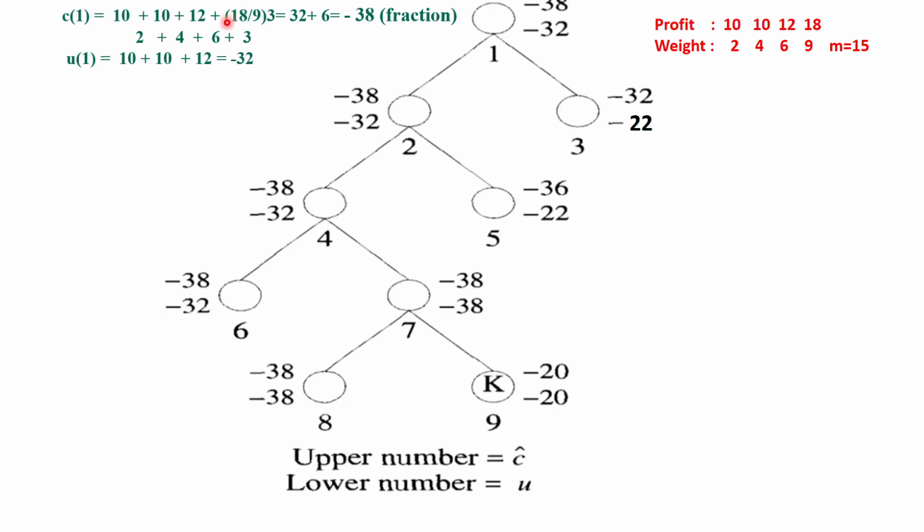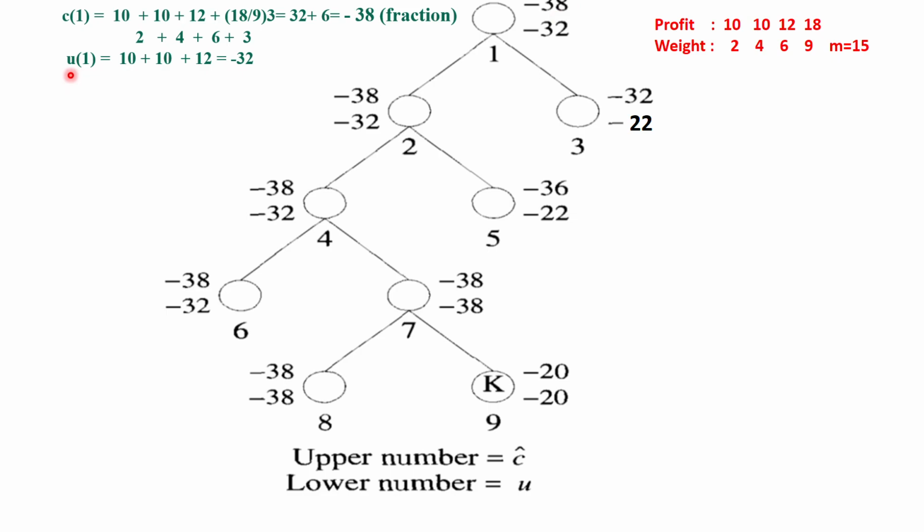This is the procedure I am using to calculate that profit here. So then after that you'll get the solution as 38 here. Now it is minimization, least cost. That's why you add the minus symbol. As a negative number you have to consider this 38 here. So see, this is your upper number as minus 38.